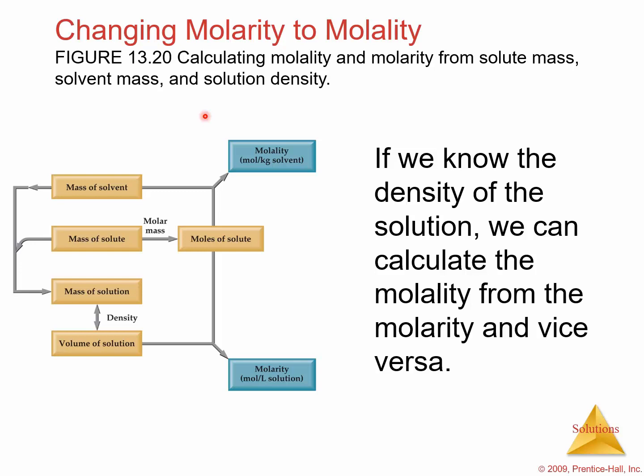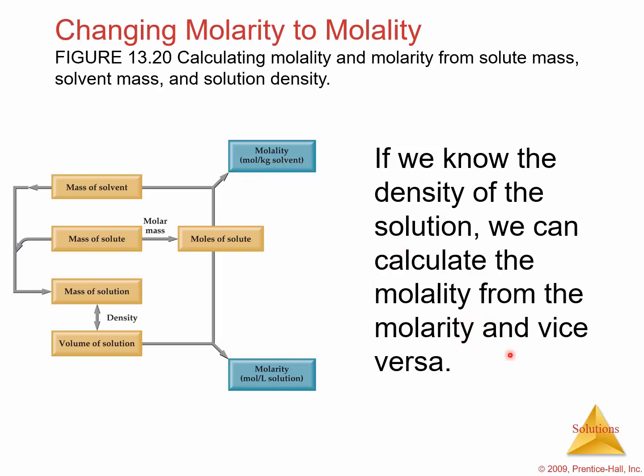The volume of the solution can be calculated from its mass and density. This figure shows us calculating molality and molarity from solute mass, solvent mass, and solution density, and you can follow this to calculate molarity, and if we know the density of the solution, we can calculate the molality from the molarity